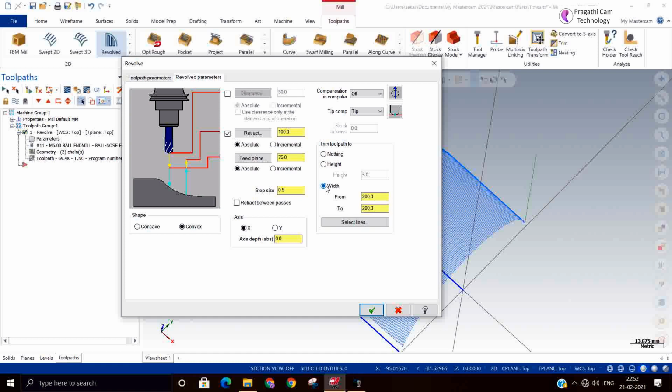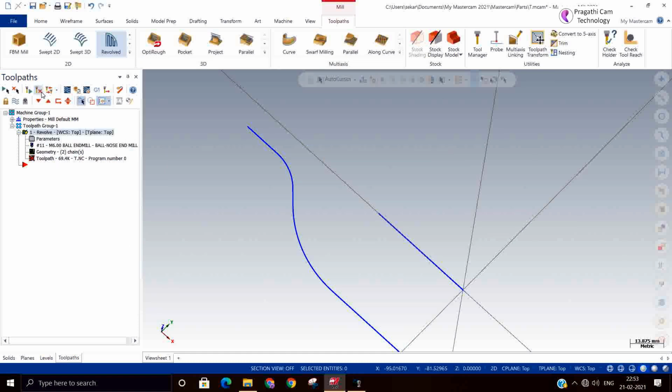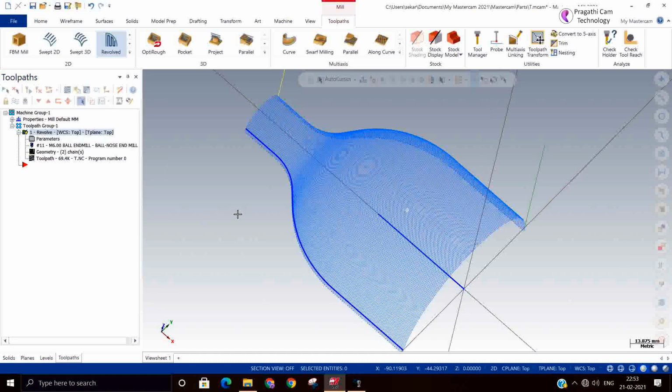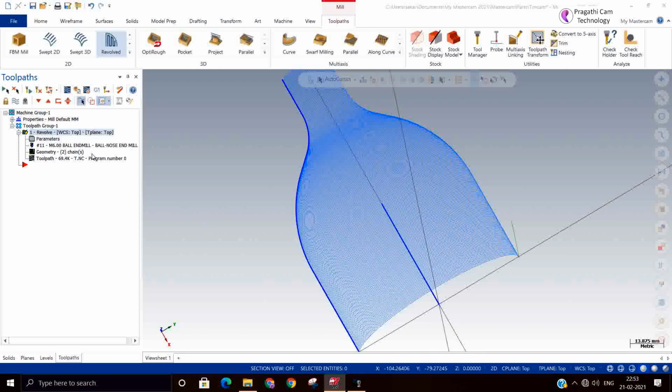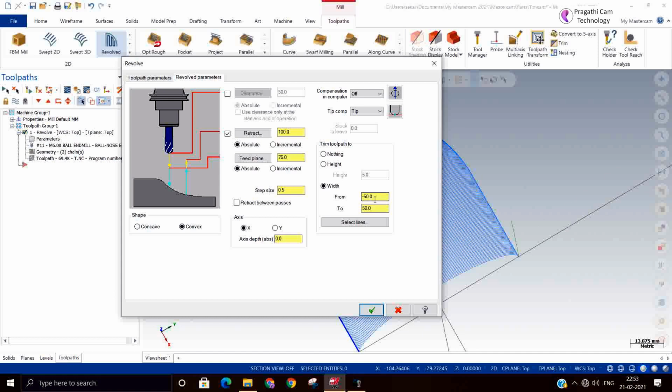Even width also you can modify. It's not only height, width also you can modify. I am just changing the width. So actually this is kind of trimming only, you are trimming the width. What happened? I'll reduce it, let us see.